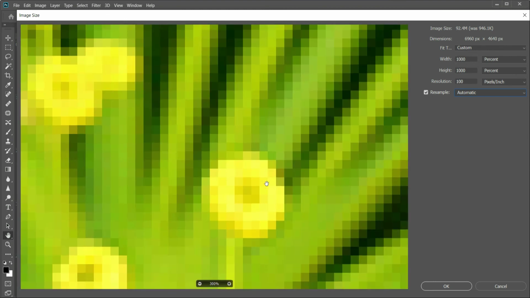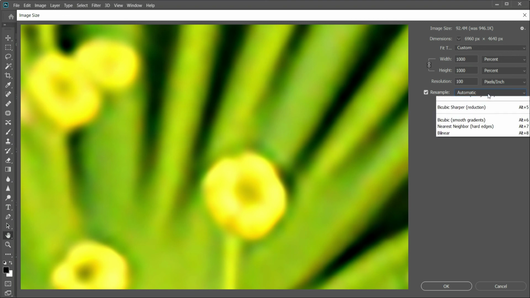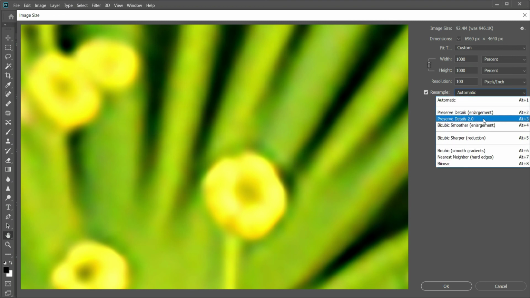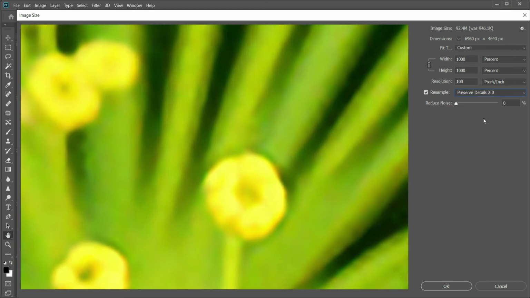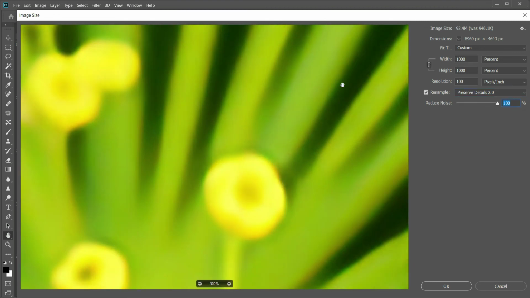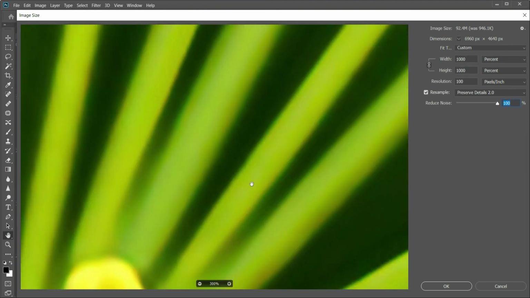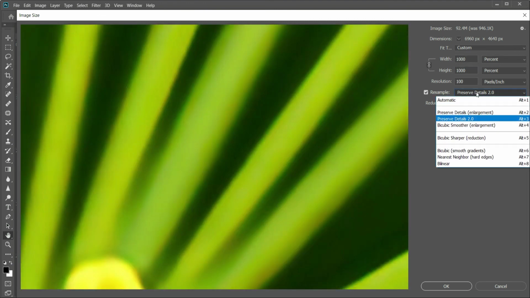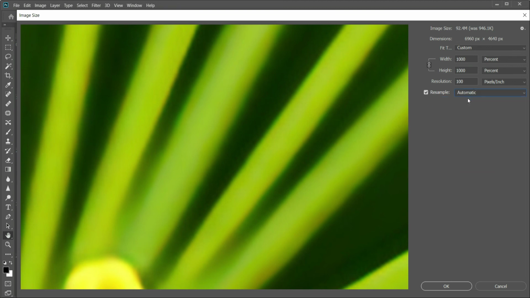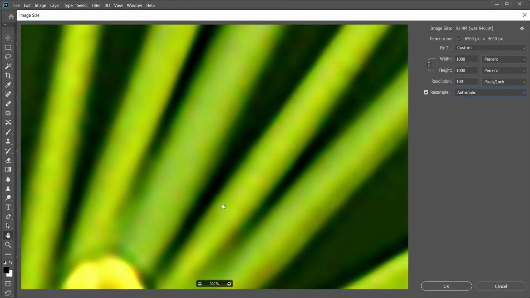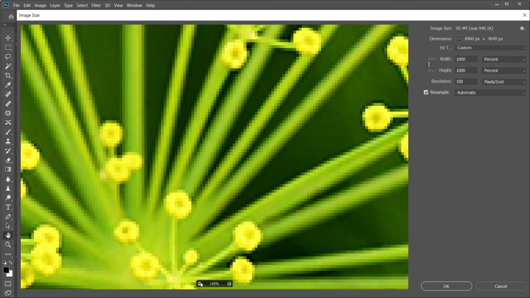Now I choose the new option that is available, Preserve Details 2.0, and you will see Photoshop has done a much better job in resizing this image. To do a comparison, I am going back to the automatic resampling method, and I would want you to observe the place near the stem portions of the flower where it shows something like a dark halo, clearly visible when I zoom in further.